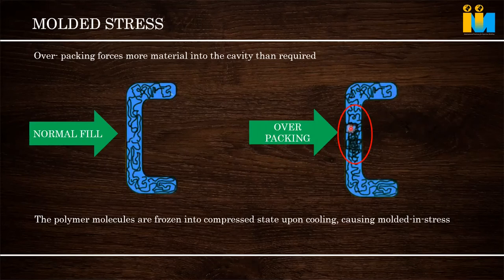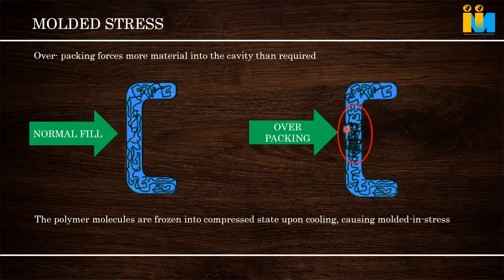I am giving excess holding time, and no proper mold temperature. What happens near the gate area? Here it will fill, but near the gate area the molecules get compressed like anything. These molecules don't have any freedom to move. Even in a solid part there is movement inside, like atoms and molecules moving. But in this area it is so compressed that the freedom is stopped. It cannot even move inside.